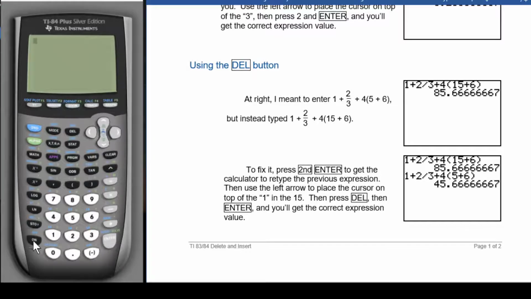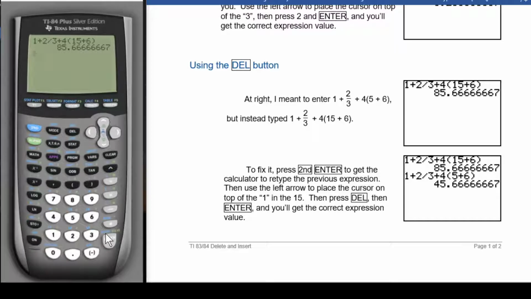Okay? So here we go. Turn it on. I meant to enter this expression, but I actually entered it with a 15 instead of a 6. Let's type that in. 1 plus 2. Remember, to get a fraction, you're going to use the divide sign right here. 1 plus 2 divided by 3 plus 4 parentheses, so that'll mean times, 15 plus 6, close the parentheses, press